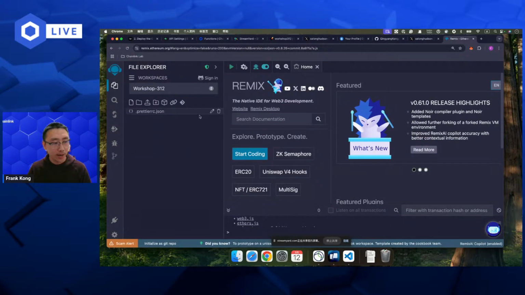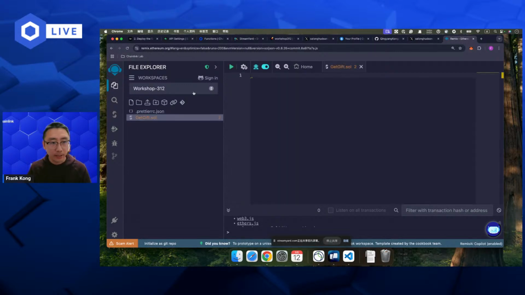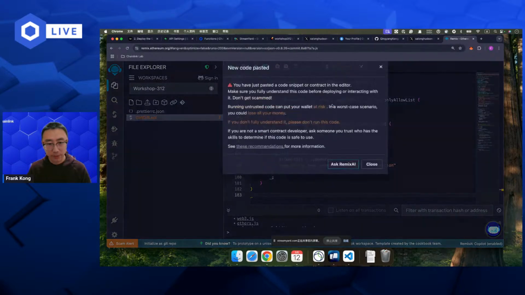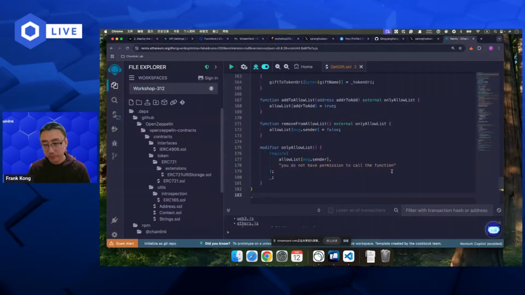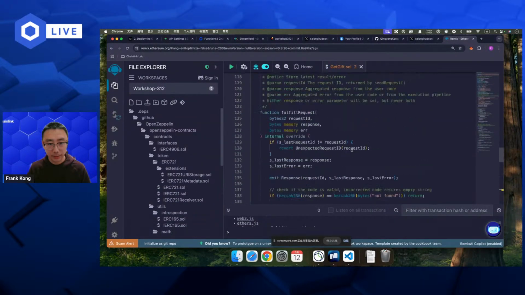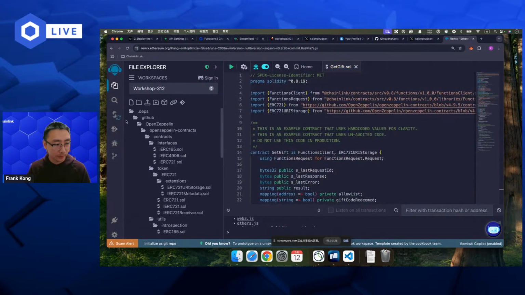So we have a brand new workspace here, and we can create a smart contract called GetGift.sol. Then we paste everything we got from the GitBook here. When you paste that, Remix automatically downloads every dependency you need for this smart contract.